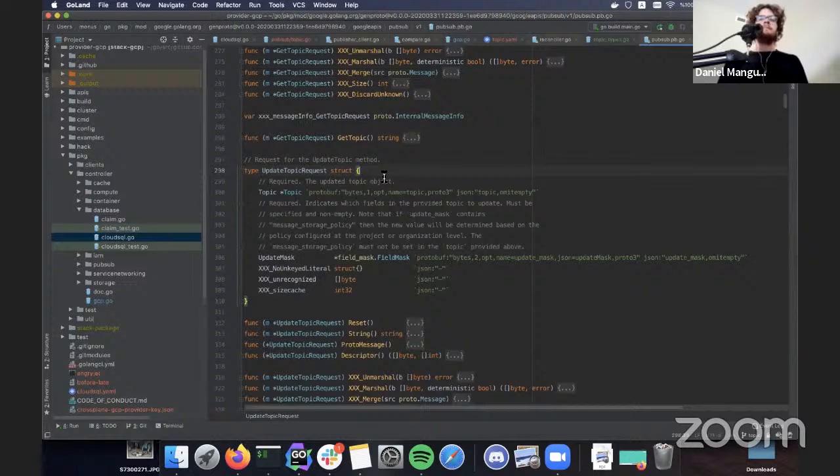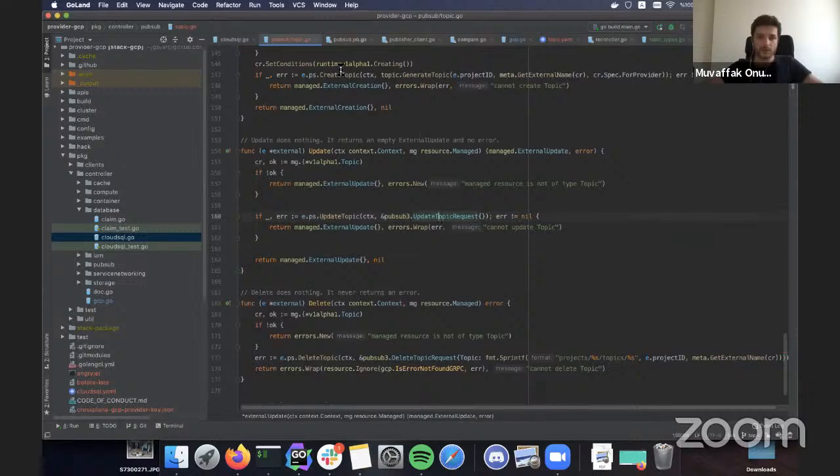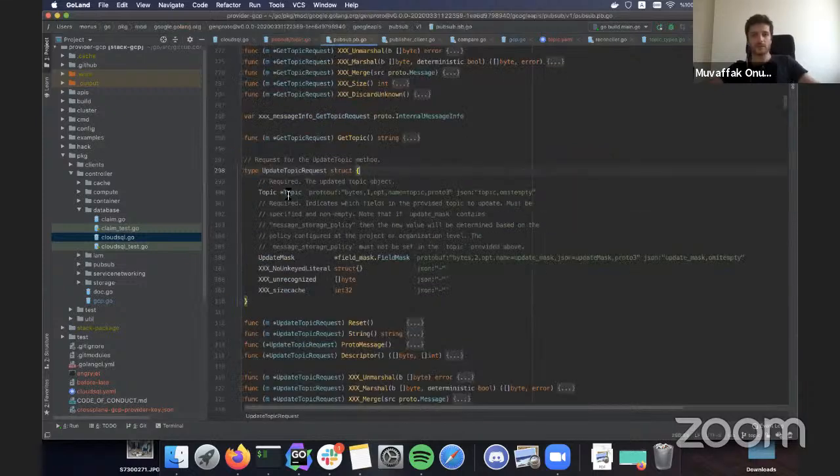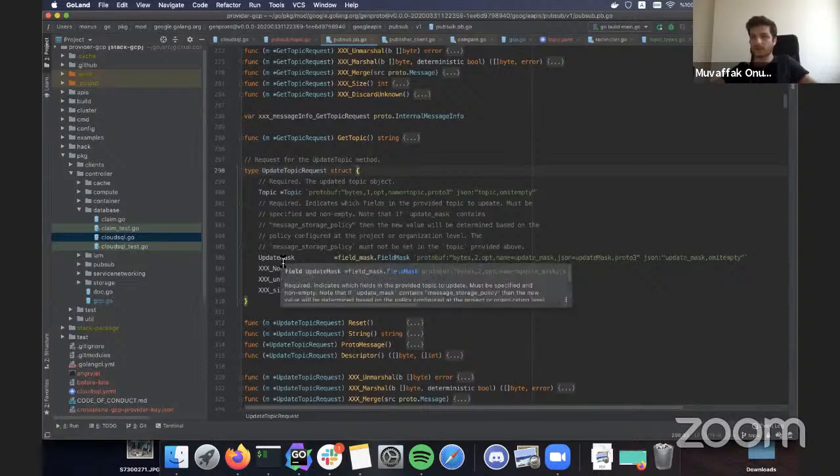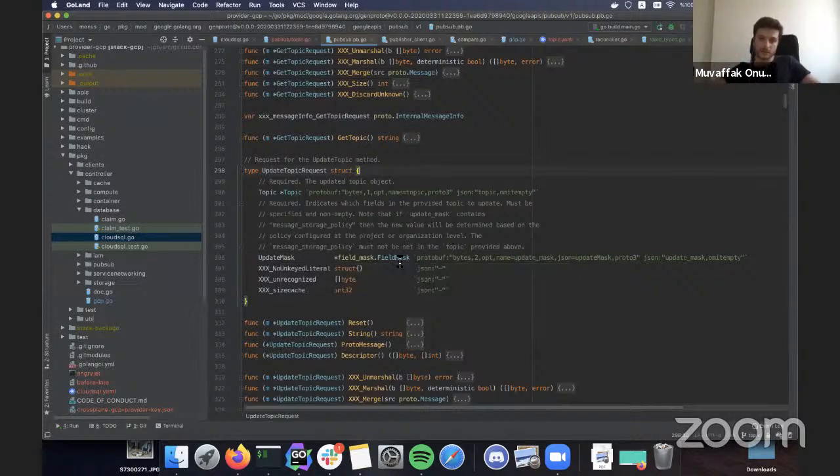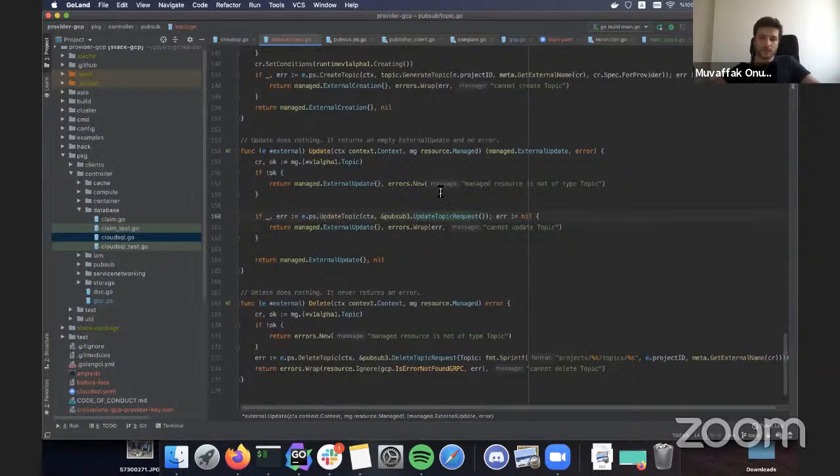Yeah. So I have called the update method and the object update topic object. It says you have to provide the full topic and you have to indicate what fields should actually be updated. This is one of the edge cases. Some resources have an update mask. Some of them just figure that out on the server side: if it's the same, don't update; if it is different, then update. But in this case, it explicitly asks for a mask. Cool. So we will implement a simple helper function for this as well.